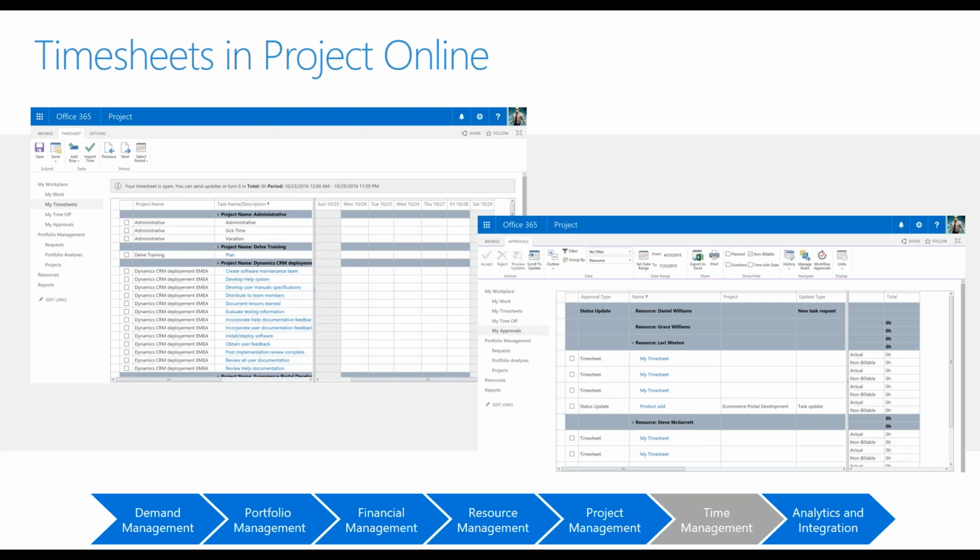Now, time reporting is a key piece of capturing labor costs and actual labor costs on what's really being expended. Yes, third-party or external timesheets are often in play in organizations, and that information could still be used in this scenario, as we'll talk about later, but there is no need for a third-party solution if you leverage the timesheet that is inherent in Project Online.